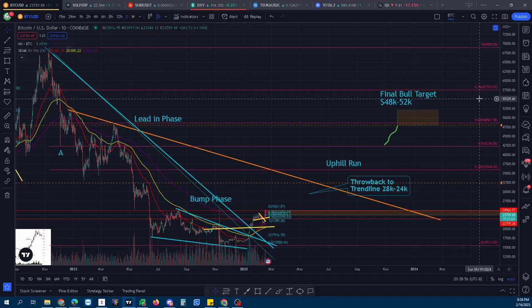So that's my target overall. If we're hyper bullish, we're going to 57K, but I anticipate we go to the 61.8. You want to know when? Sometime around the Bitcoin halving in March or April of 2024. So we have one year to get this right.